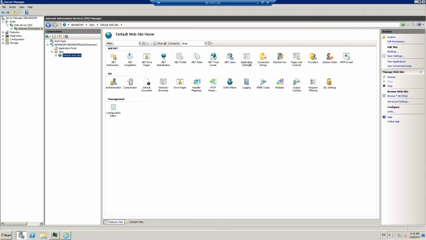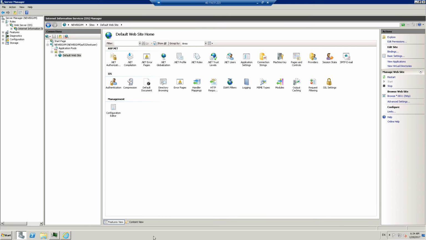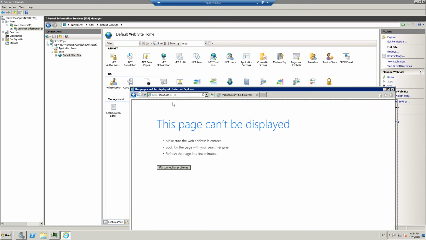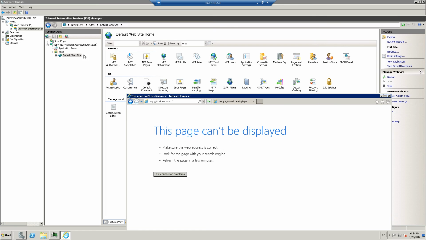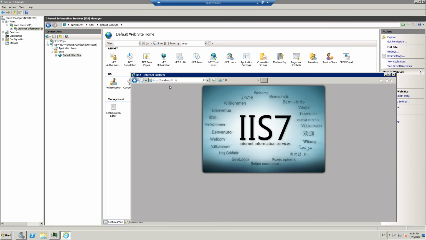I'm going to maximize this, and I'm going to say edit bindings, and I'm going to modify this from port 80 to 8011. Now the reason I want to do this is because right now there's nothing listening on 8011. If I had something that was actually listening to that port and responding to it, then I wouldn't have to do this. But for the sake of this argument, I'm going to change the web server to listen to port 8011. So I've done that, and if I hit refresh, suddenly we're getting the web server responding on a different